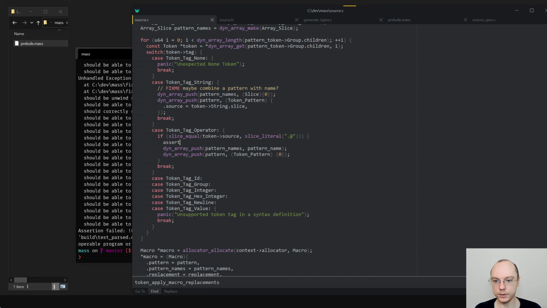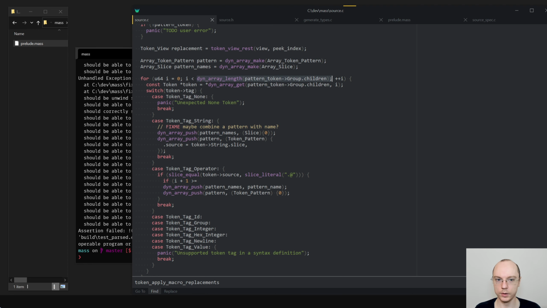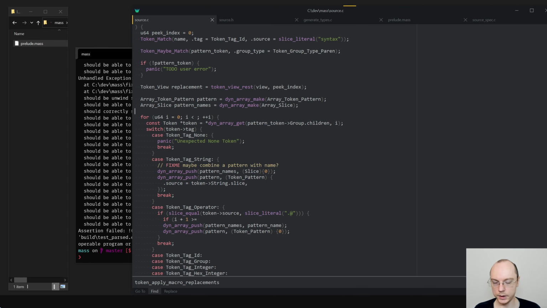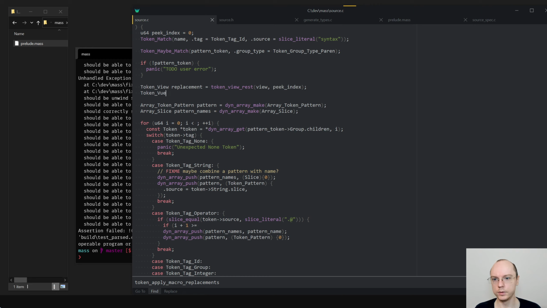So we assert that if I plus 1 more than equal to, let's say, token view pattern is token view from token array.